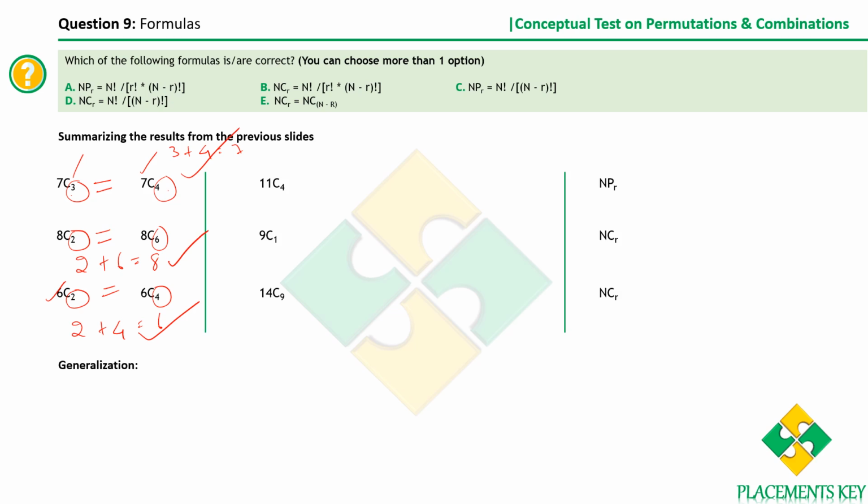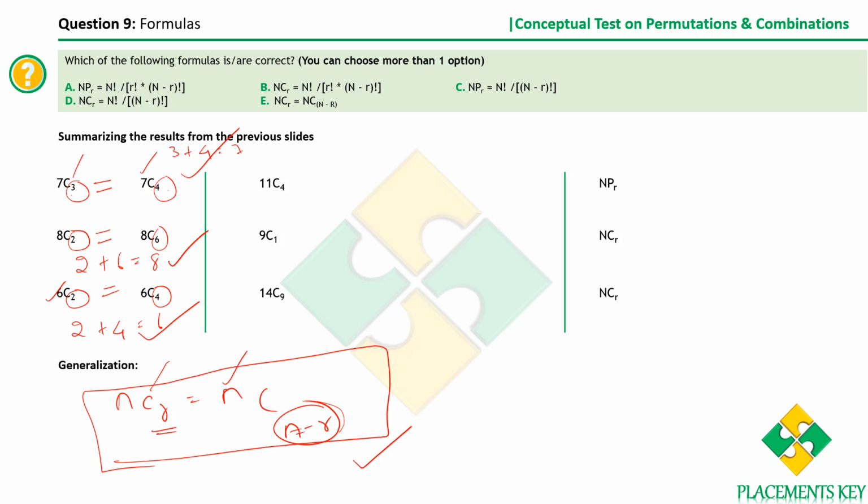Okay. So we can also generalize this. We can write nCr is equal to nC something. We know that these two should sum up to n, so this has to be n minus r, so that if we sum these two, n minus r plus r is n. That's what we get. Therefore nCr is equal to nC(n minus r). I'll also explain this conceptually henceforth, but not now. For now let's only concentrate on calculations.